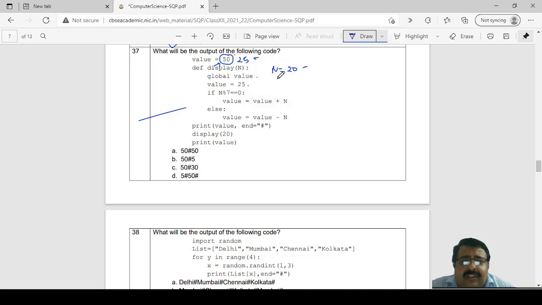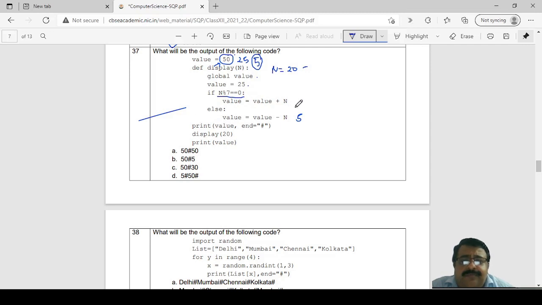Now for this statement n mod 7 equal to 0, we can see that 20 is not divisible, not a multiple of 7. So this statement will be executed, value equal to value minus n. So value equal to value, that is 25, minus n, that is 20, so value becomes 5.